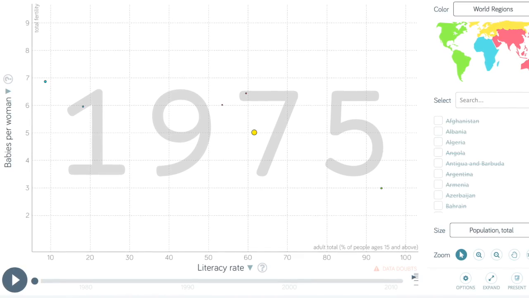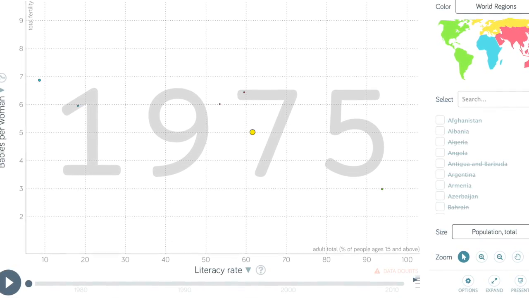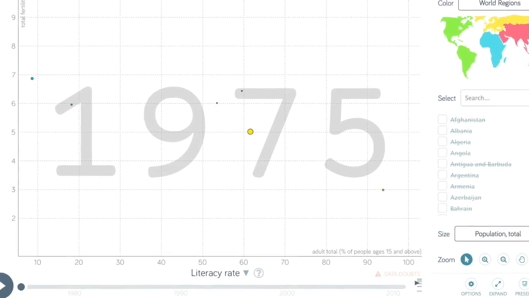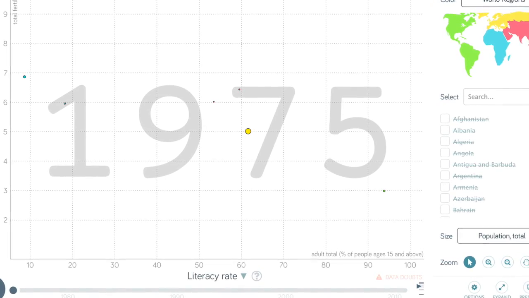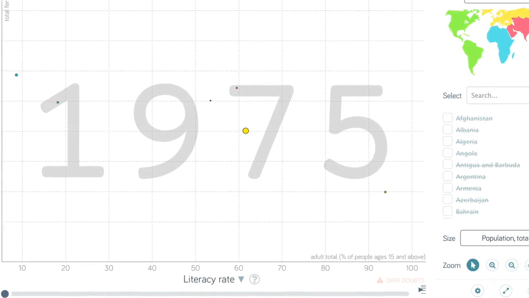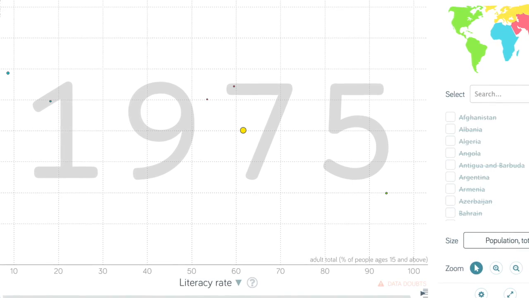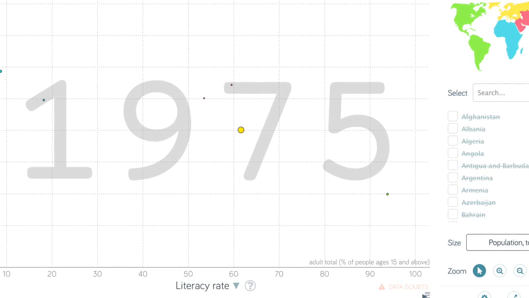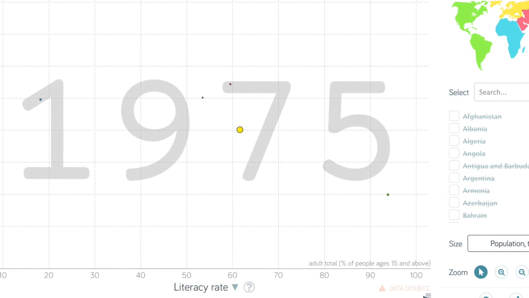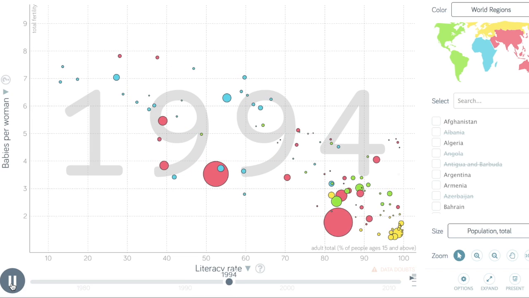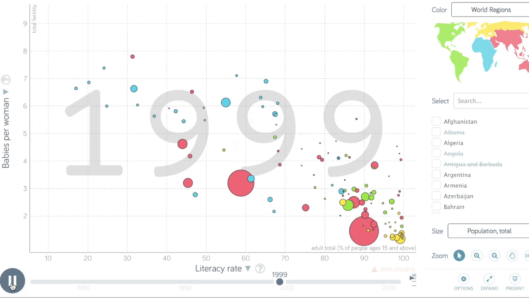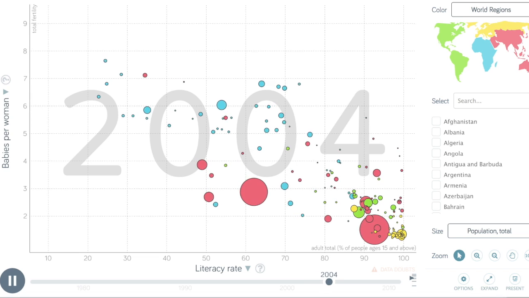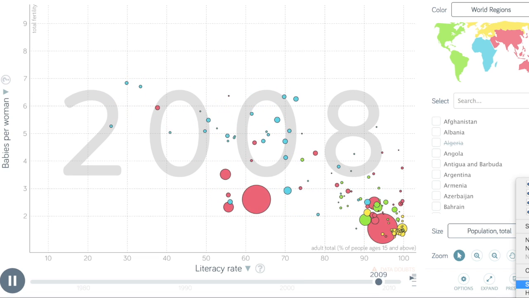First, we decided to put literacy rate for all adults on our x-axis and babies per woman on the y-axis. Increasing literacy rate helps keep population growth under control, as there is greater access to basic needs and a better overall standard of living. As you can see from this clip, as the literacy rate increases, babies per woman decrease, and the pattern is quite clear as all of the circles move down and to the right.